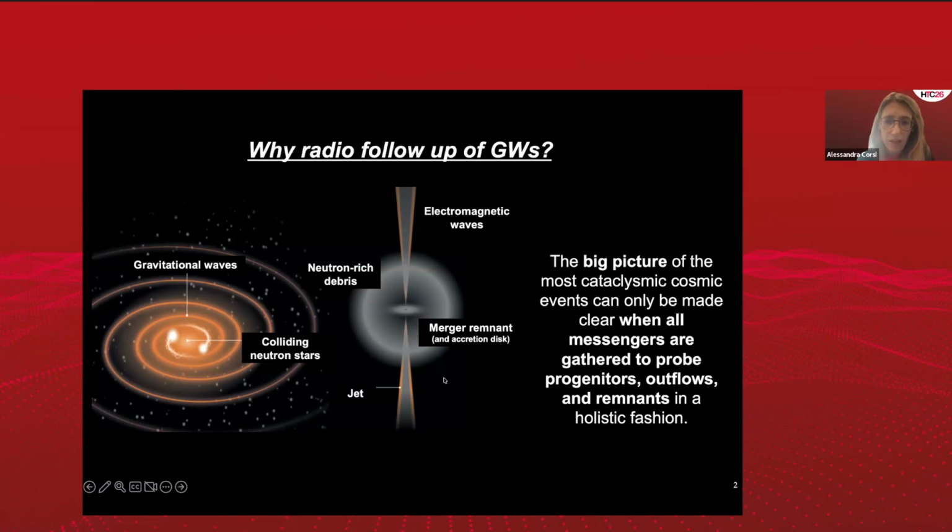And so in the optical wavelength talks, for example, that we've heard, in the case of binary neutron star mergers, you are probing the neutron-rich material, roughly isotropically distributed, is a bit of a stretch here, but at large angles distributed around the merger site. What the radio wavelengths bring in is that it is particularly able to trace emission coming from fast ejecta, so jets that are also launched in these mergers.